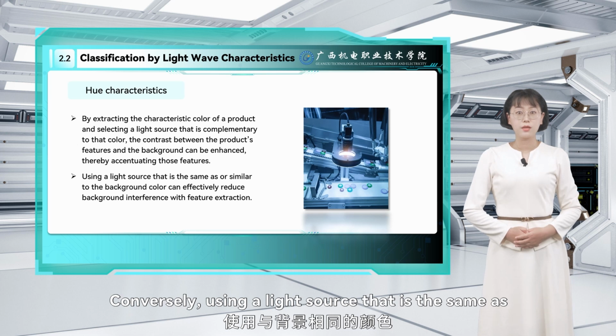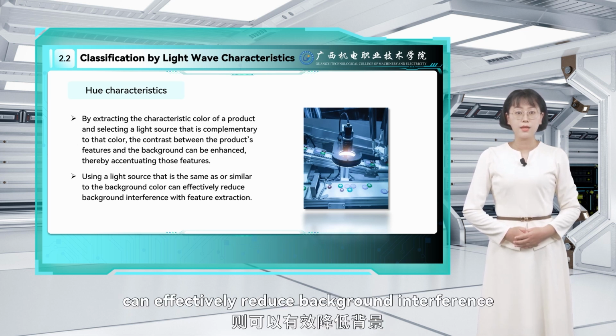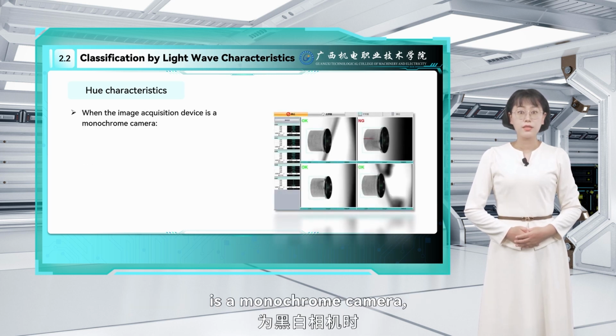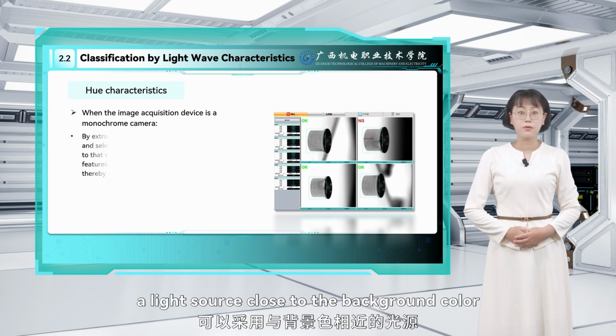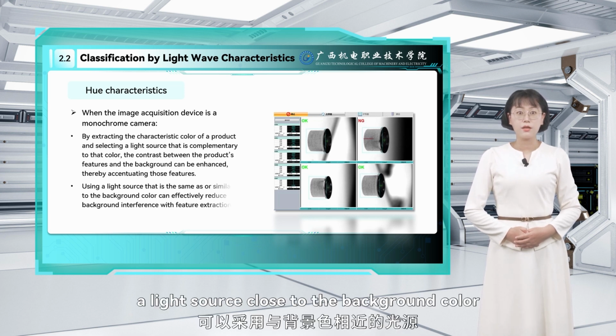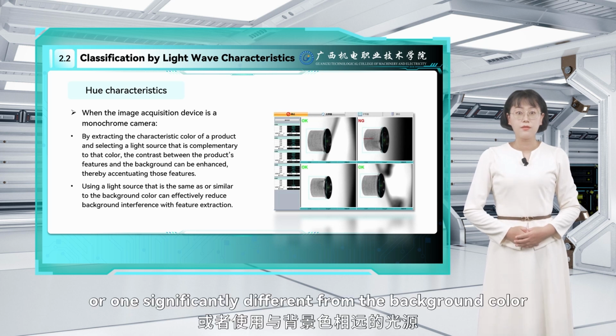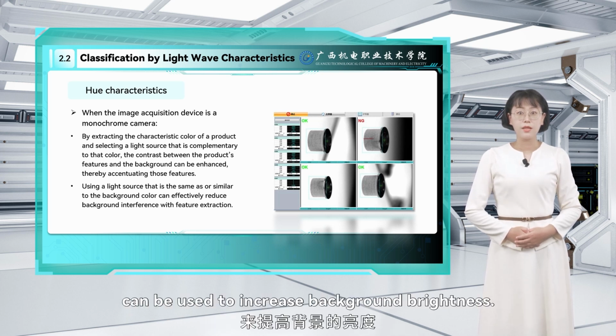Conversely, using a light source that is the same as or similar to the background color can effectively reduce background interference with feature extraction. When the image acquisition device is a monochrome camera, a light source close to the background color can be used to reduce background brightness, or one significantly different from the background color can be used to